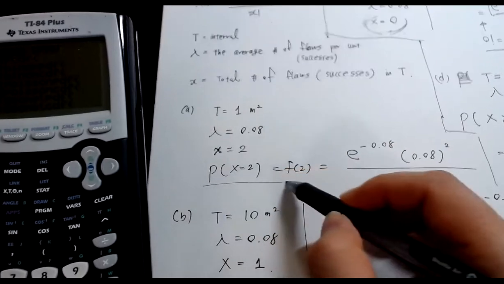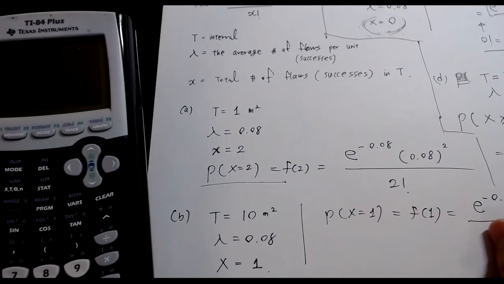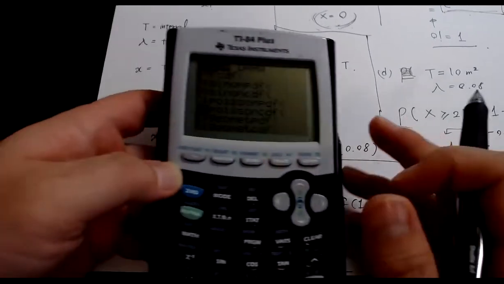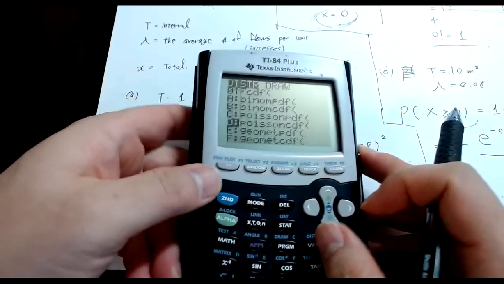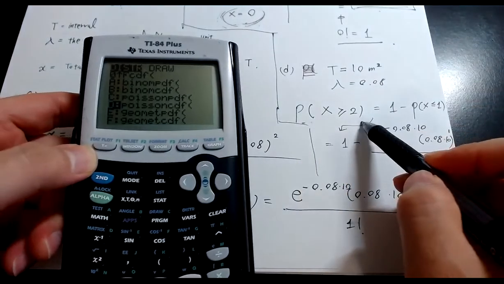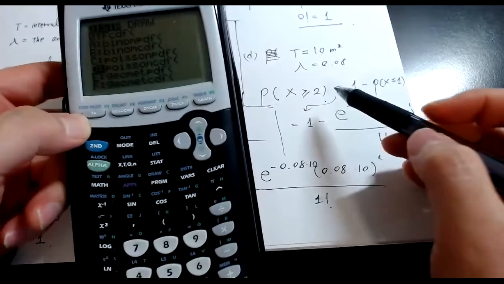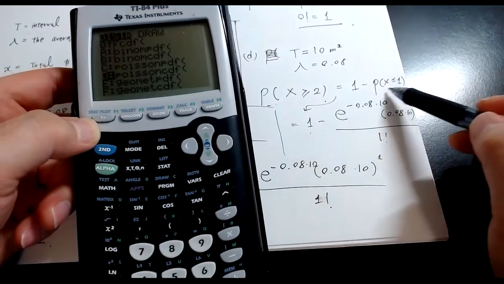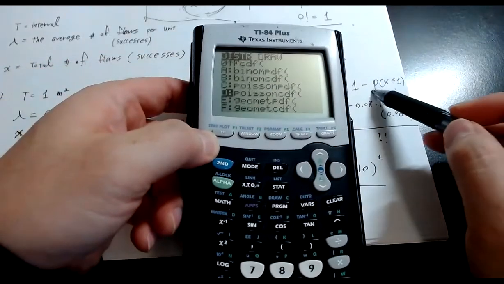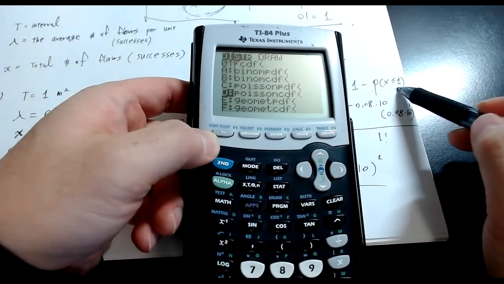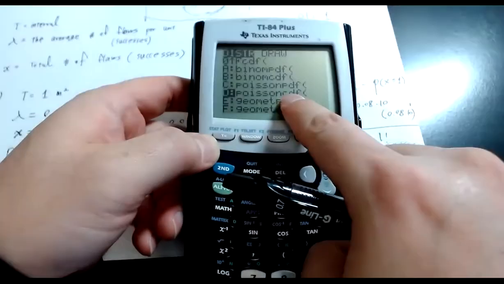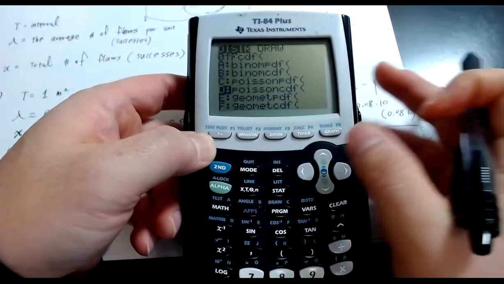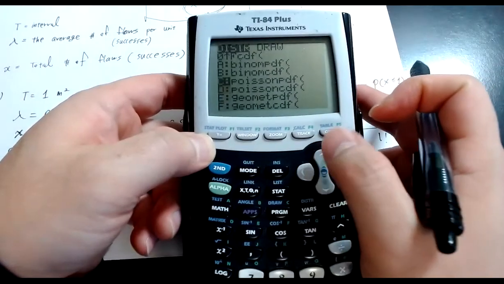When you want to figure out the probability x equals 2, there are two flaws in one square meter of cloth, then we use a Poisson PDF. If you want to figure out the probability x is greater than or equal to 2, using the rule for complement, you get 1 minus the probability x is less than or equal to 1. Probability x less than or equal to a whole number, we have to use Poisson CDF, which is cumulative. Okay, so now let me use a Poisson PDF to figure out